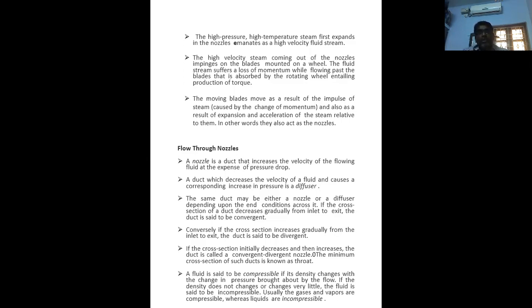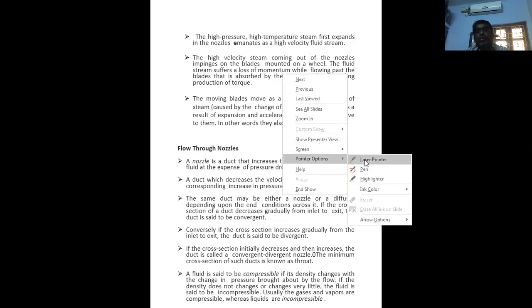Now we will discuss the definition of the nozzle and the different types of nozzle. A nozzle is a duct that increases the velocity of the flowing fluid at the expense of pressure drop. A duct which decreases the velocity of a fluid and causes a corresponding increase in the pressure is a diffuser. First of all, we discuss the duct. Duct is nothing but